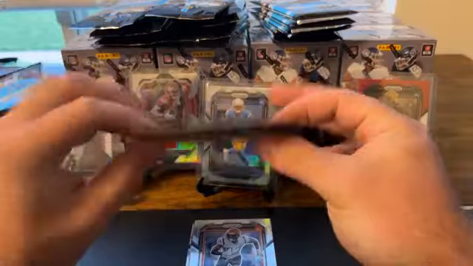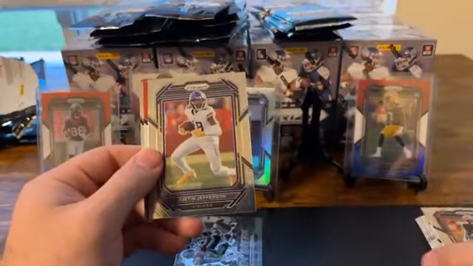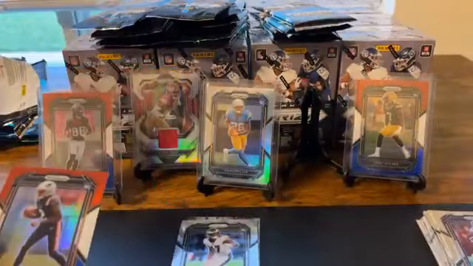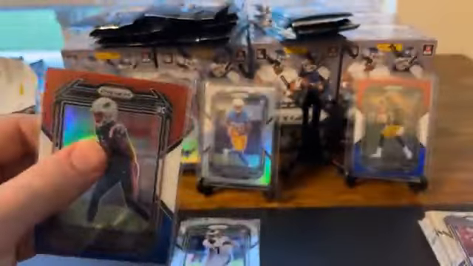Garrett Wilson, there you go. Nice hit. Nice little hit there. Donovan Peoples-Jones, Justin Jefferson, Tyquan Thornton, and Nakobe Dean. So hold on one second. I'm hoping that there's not a patch in each one, because if there is, I think I have enough for this entire case, but that'd be a lot of thick top loaders that I go through. Yeah, I have enough for this case, but